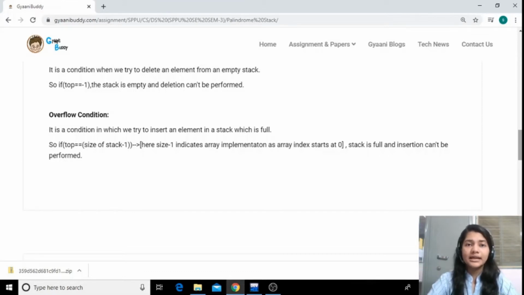Suppose an array has 5 elements, so it will be indexed from 0 to 4. The same is the case with a stack, as we are implementing the stack using an array. So when top equals size of stack -1, as the array index starts at 0, the stack is full and insertion can't be performed.